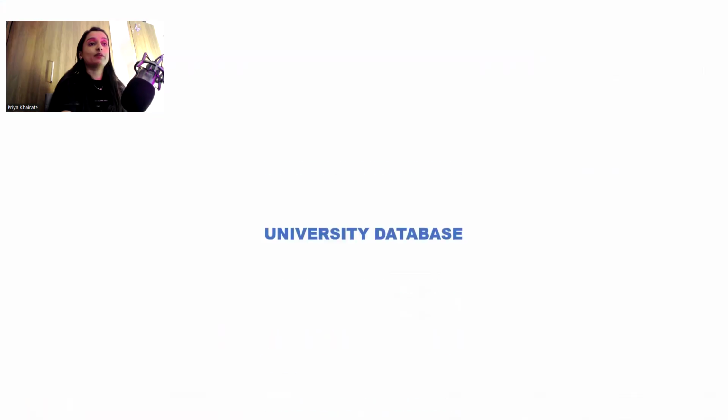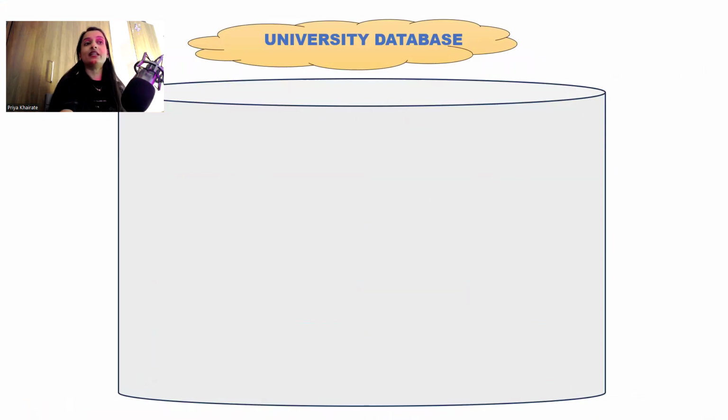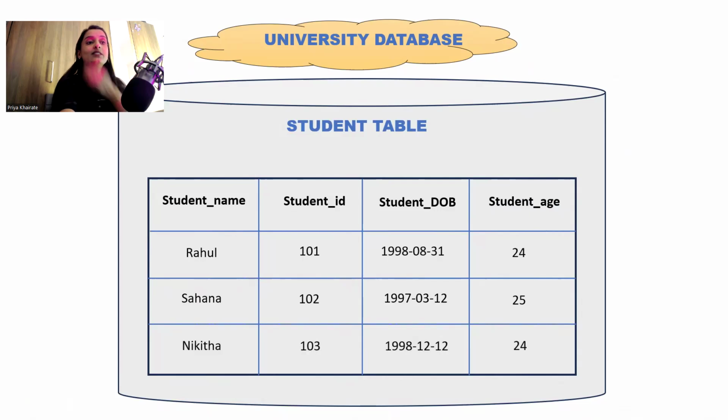Let me go back over here. This part also we have completed. First we created the database, inside that the table, then the column names, and we inserted the data. This is what we call storing the data permanently.